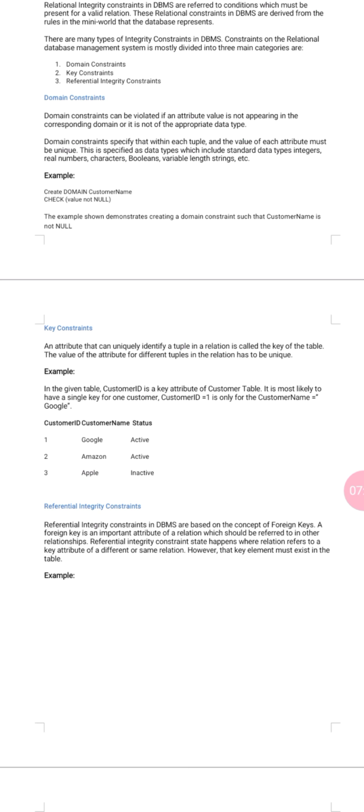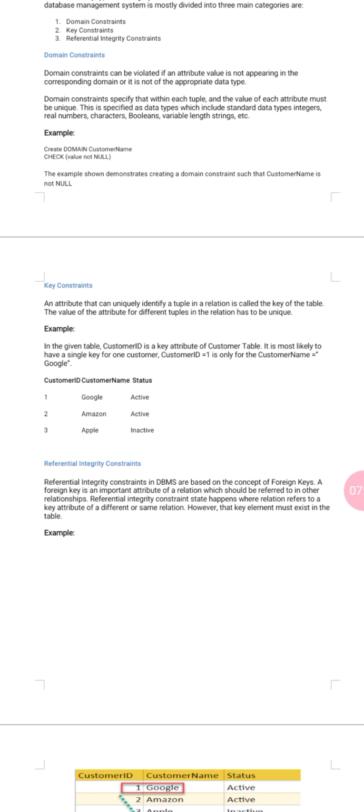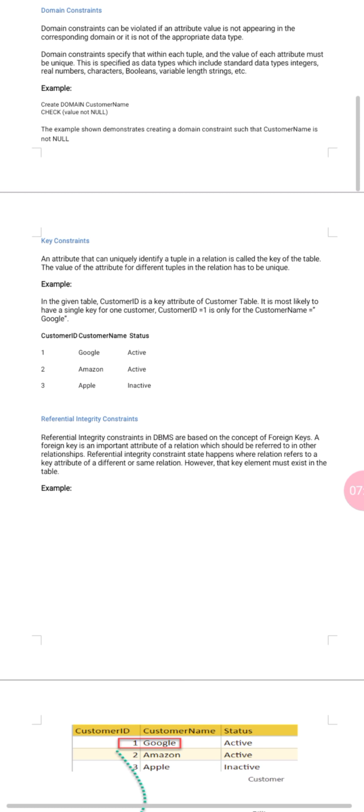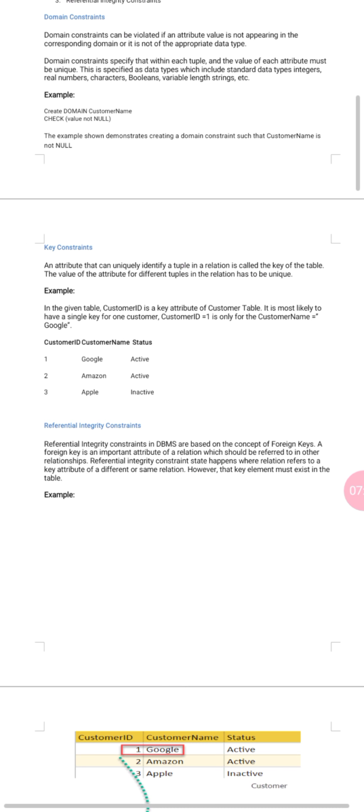Domain constraint. A domain constraint can be violated if an attribute value does not appear in the corresponding domain or is not of the appropriate data type. Domain constraints specify that the value of each attribute must be atomic.